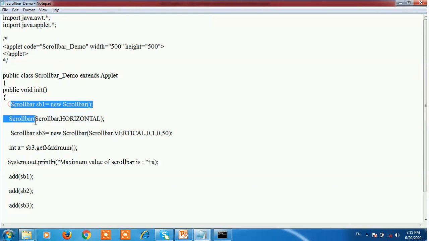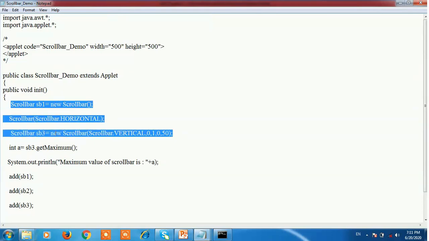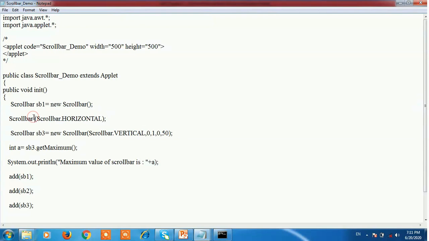creating 3 scroll bars. First scroll bar, the object is sb1 is equals to new ScrollBar having no parameter. So the by default type of the scroll bar is vertical.